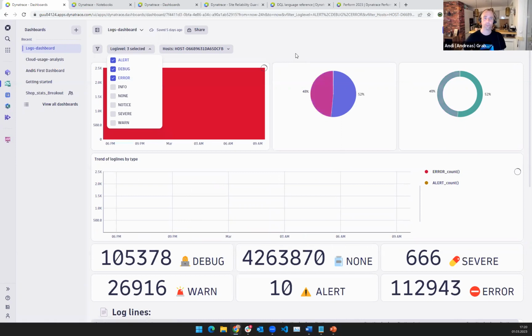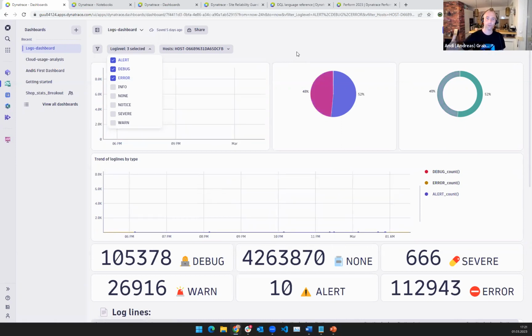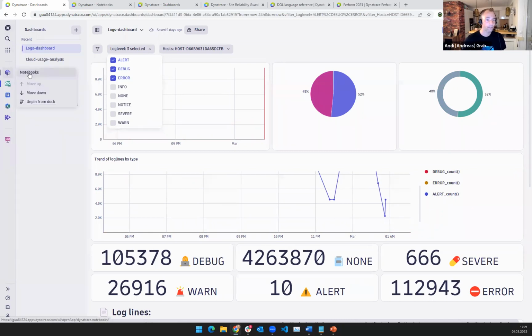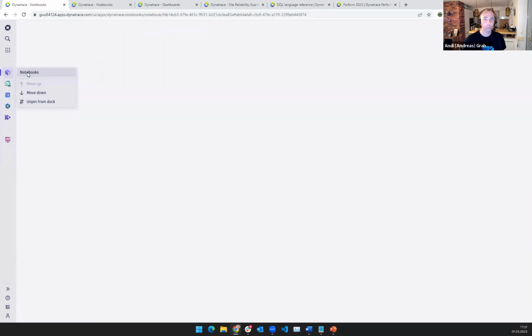Again, you can share dashboards, obviously, with your colleagues. Just remember, when you share it and they open it, it's always live data. That's the difference between dashboards and notebooks. And one thing that I wanted to show you, because I was really excited, but I guess I skipped over it, the last thing that I want to highlight, I need to go back to notebooks.